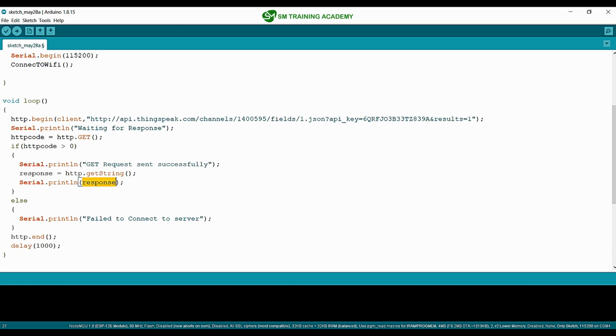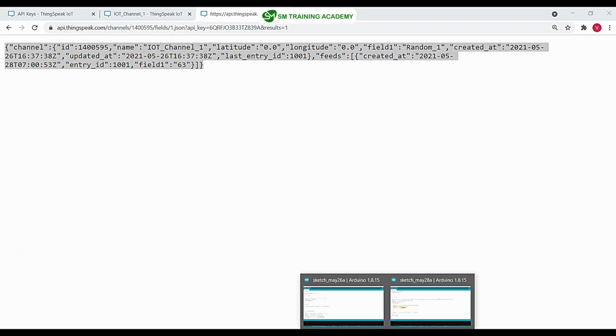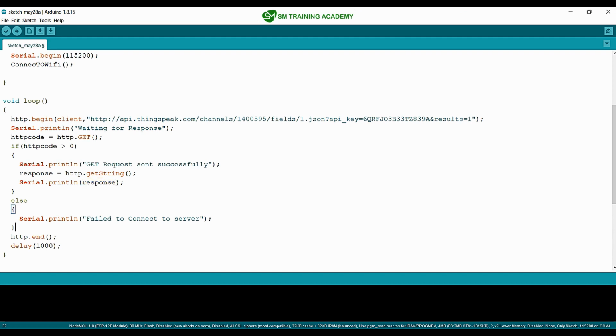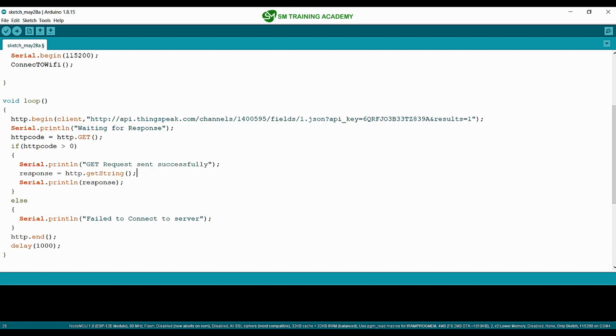So for every second, this string will be printed on the serial monitor, since we have written all these lines inside the infinite loop. Now I am just uploading the program to the NodeMCU, which I have connected to the PC USB port.